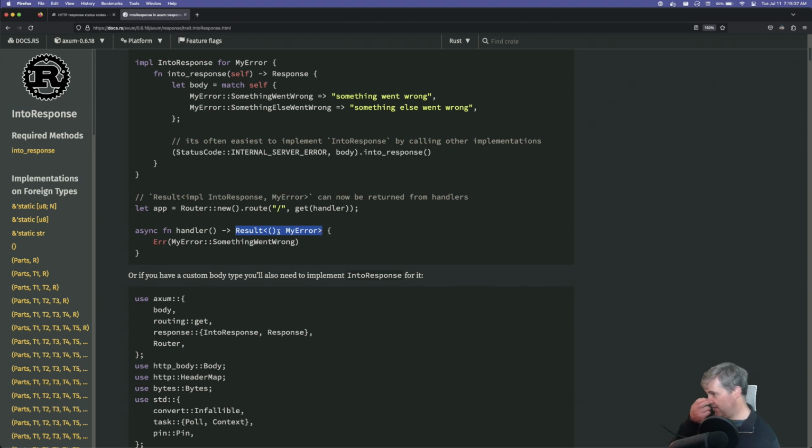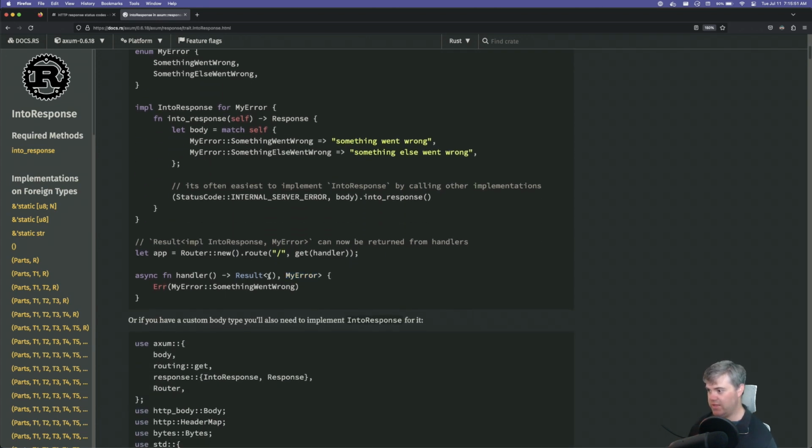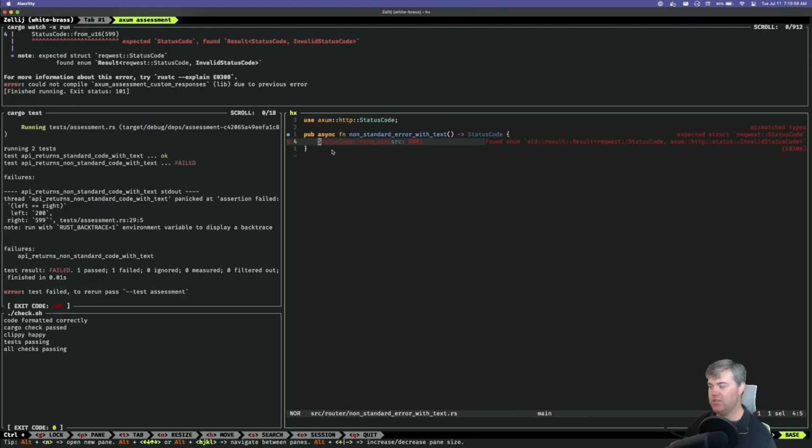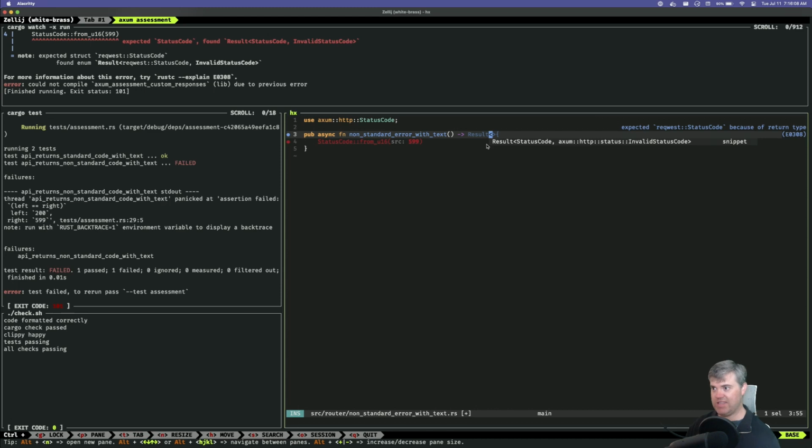Oh, but I could do that. So it's a normal result with the thing that I want or an error. Okay, so let's do result. The thing that I want is going to be a status code.